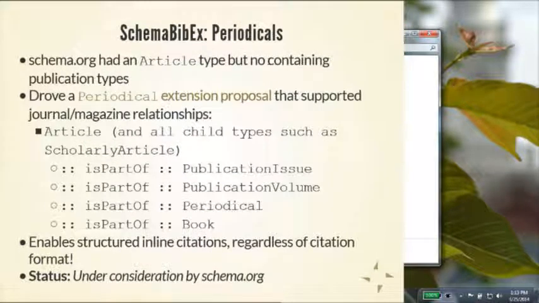We also, with a great deal of work and a great deal of discussion, have a periodicals proposal that's currently in front of the schema.org community. They seem to have moved very quickly on creating a draft version of it. Essentially, articles lived without any sort of container that they could live in. So you could have an article that's disembodied, but no way of saying it was published in, say, Scientific American, or is published as part of a newspaper, or is published as, say, part of a book or a Festschrift. So now we have issue, volume, periodical, all have been proposed to be added.